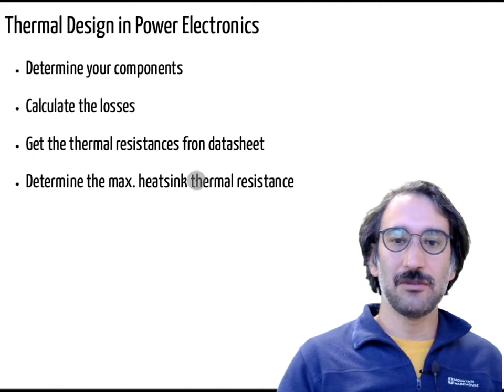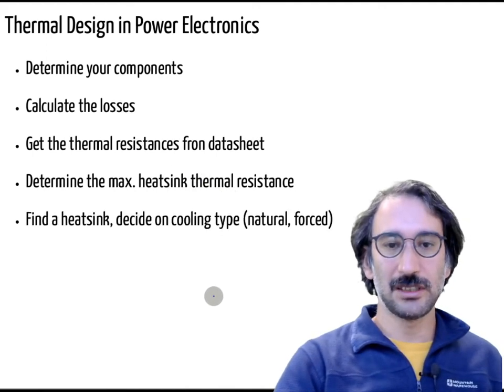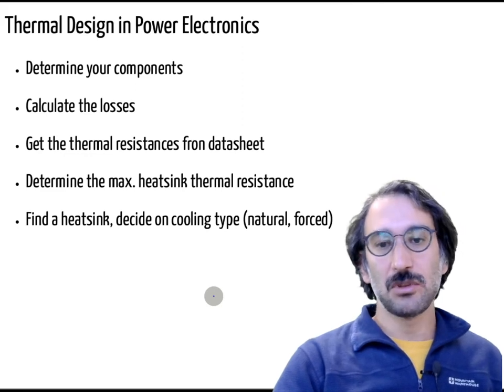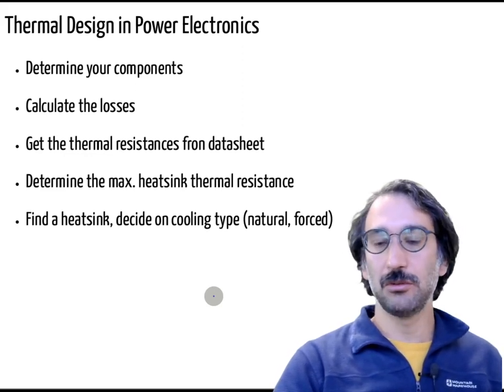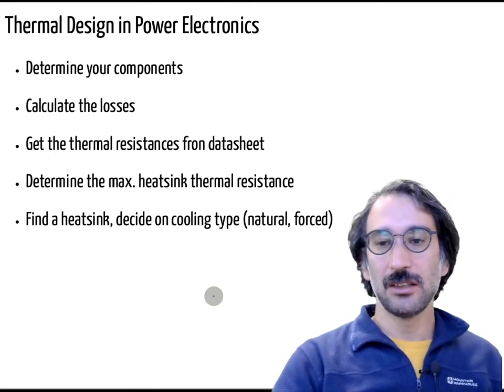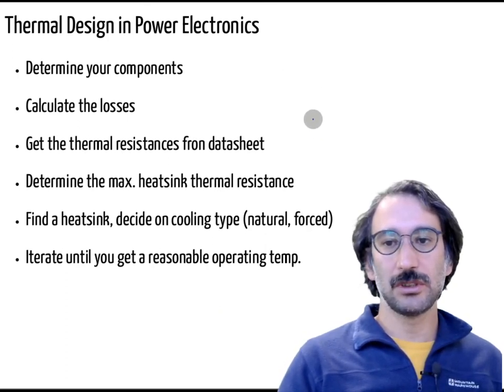And you can find the thermal resistances of the heatsink from the datasheet. Then you can decide on the cooling type. Are you going to use a fan, or is it going to be naturally cooled? And by having all those numbers, you can build your